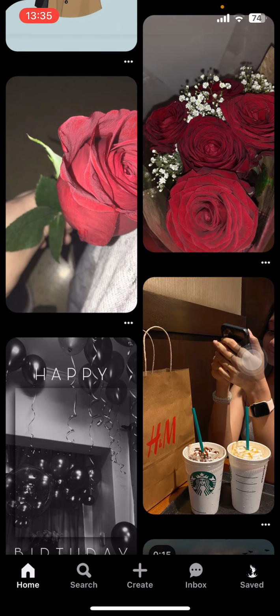Now on the bottom of your screen, you can see options like Home, Search, Create, Inbox and Saved. Go to Saved, then you have to select Boards on there. Now once you select Boards, all you have to do is find the boards that you want to merge, open